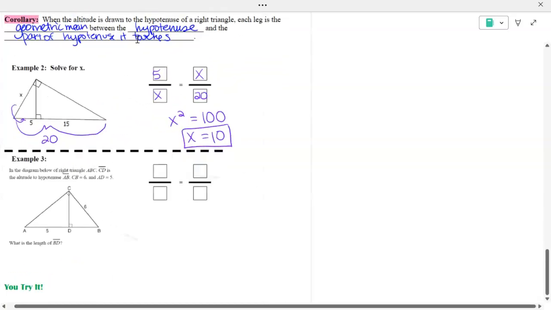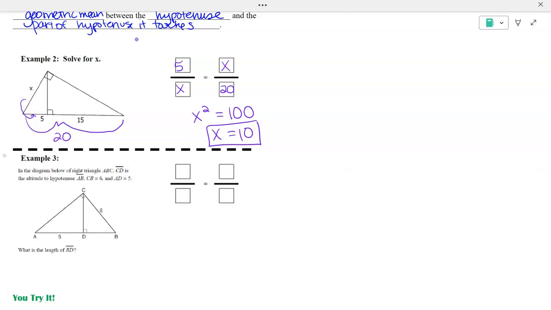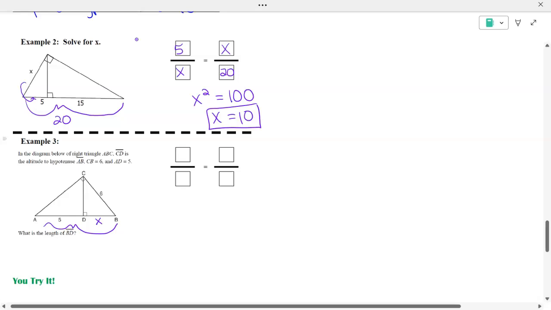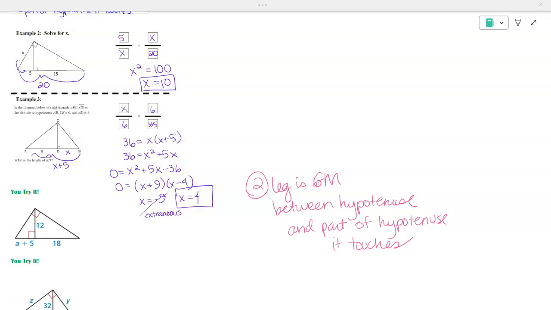This next one, we see that we're given a leg, and we're not actually given the length here. So we can call that x, which would mean the entire hypotenuse would be x plus 5. So why don't you set up this proportion and come back and check your answer. So when you set up your proportion and cross multiply, you get a quadratic that you have to set to one side equal to 0 and factor. We can't have a length equal to 9, so that is extraneous. So just remember the leg is the geometric mean between the hypotenuse